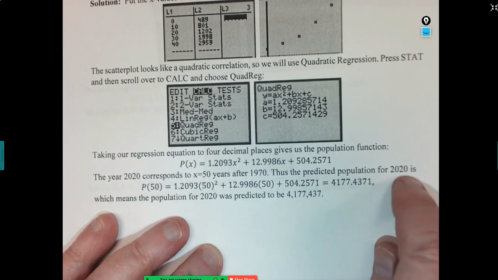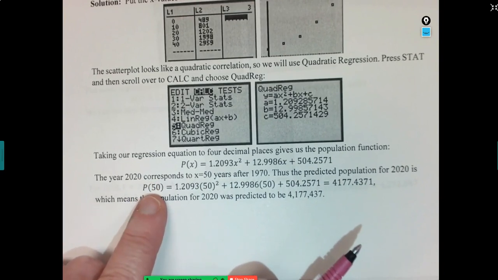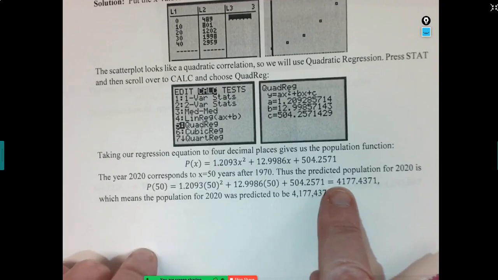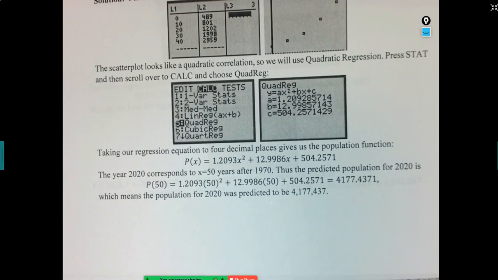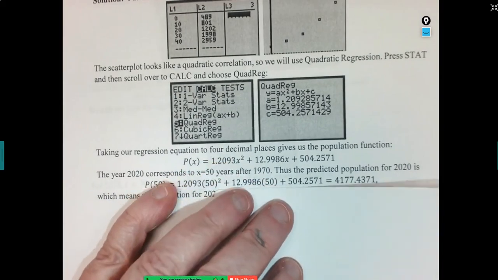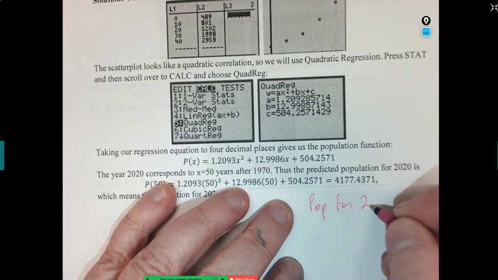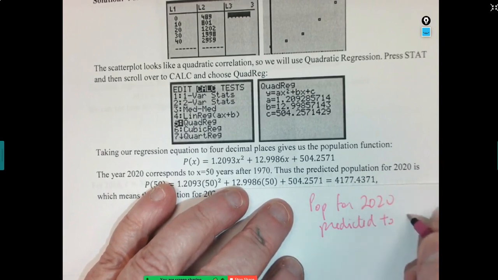So the predicted population for 2020: you're going to have to take this regression formula, and the variable in here needs to be a 50. Everywhere there's an x, you put in a 50. And then you get this number. Okay, we have to be very careful here. It is wrong to say that the population for 2020 was predicted to be that, and if I round that,